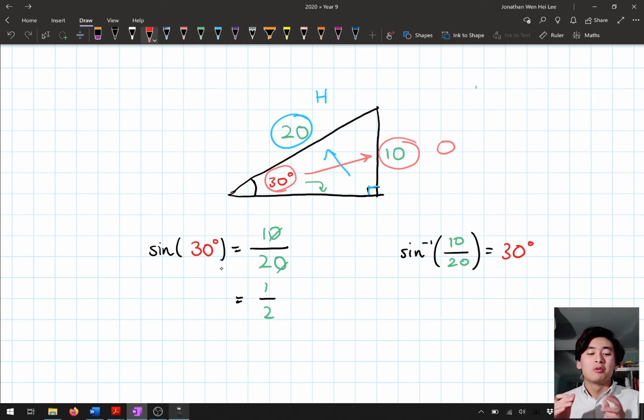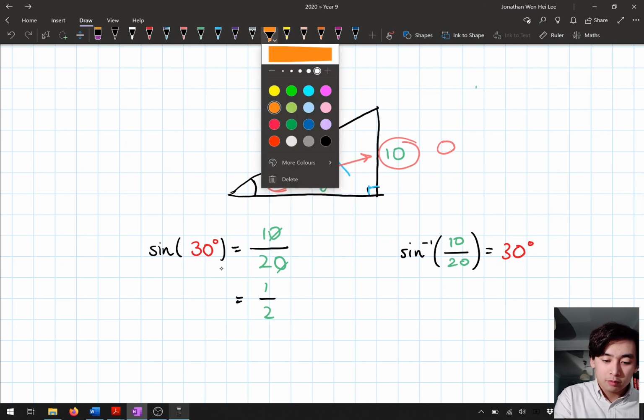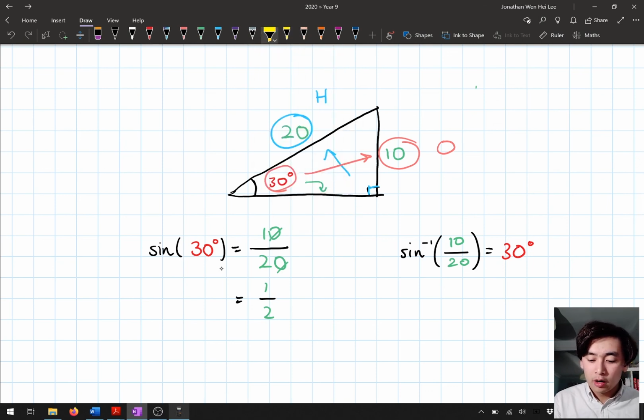Regular trig, we put in an angle and we get a ratio. So for example, sine 30 is equal to a half. But inverse trig, we put in a ratio and we get the angle. So here we have inverse sine of 10 over 20, which was the ratio that I had, O over H, and that gave me 30 degrees. So that's how we can use inverse trig to help us find missing angles. So what I'm going to do